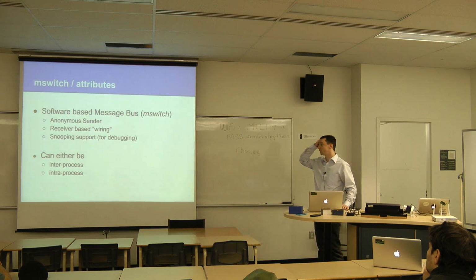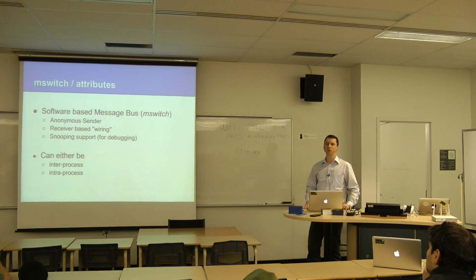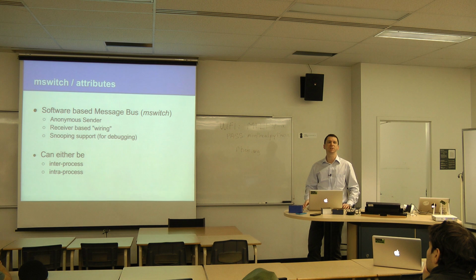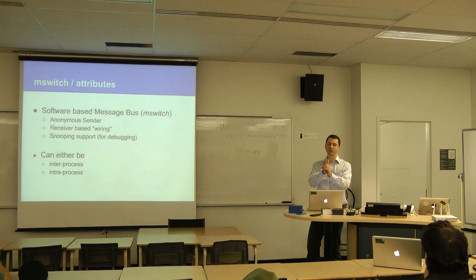So, some attributes of what I call an M switch. All the senders are anonymous. There's no actor XYZ or actor with address A1 or whatever. There's no need for addressing actors. Each actor is comprised of 2 parts: the receiver part and the transmitter part. Of course, you could have some actors that only send, like a clock, for example, and some actors which only receive, like a debug process or whatever.